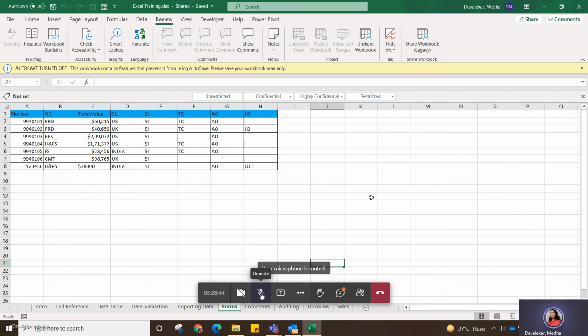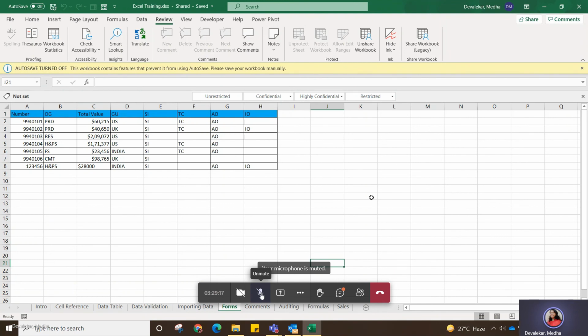Then it will give you a message that someone else is also using the same file, please take appropriate action, or we might lock this file for editing to both other users, so only our changes will get saved. So this is like you are restricting a user from accessing this workbook while you are doing it, okay.